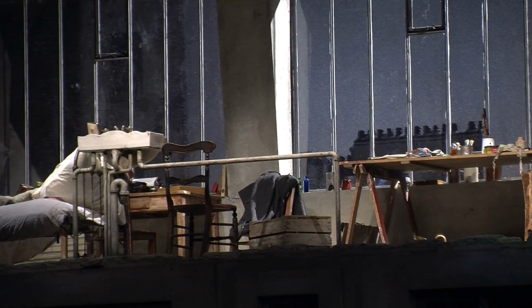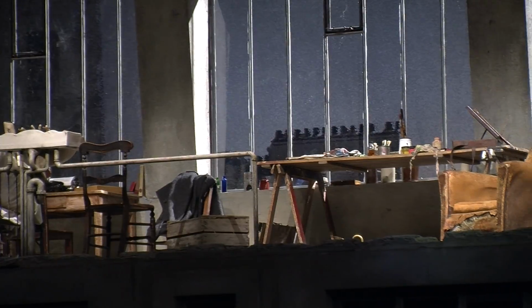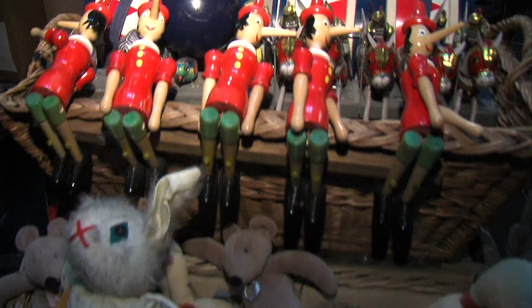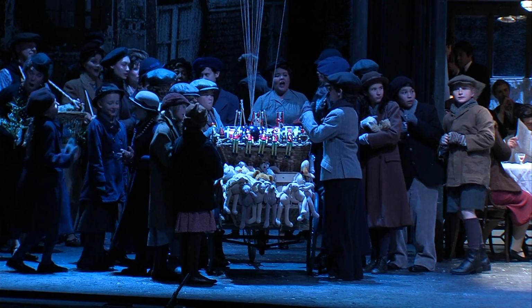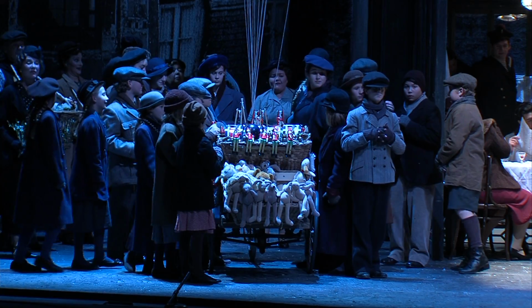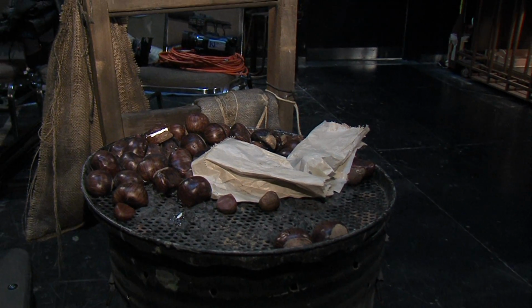I'm a perfectionist and I go for detail, whatever it is. Whether it's a very simple design or a simple approach, I will go for detail in that. And in this case, there's detail with a lot of stuff. Stuff like street carts loaded with goods, chestnuts roasting on a fire, and...